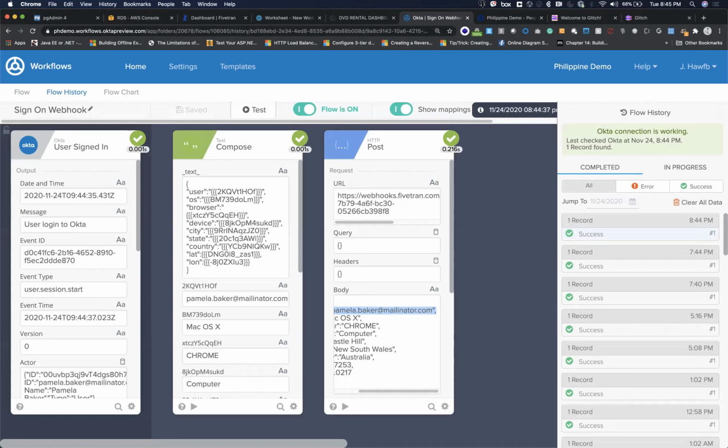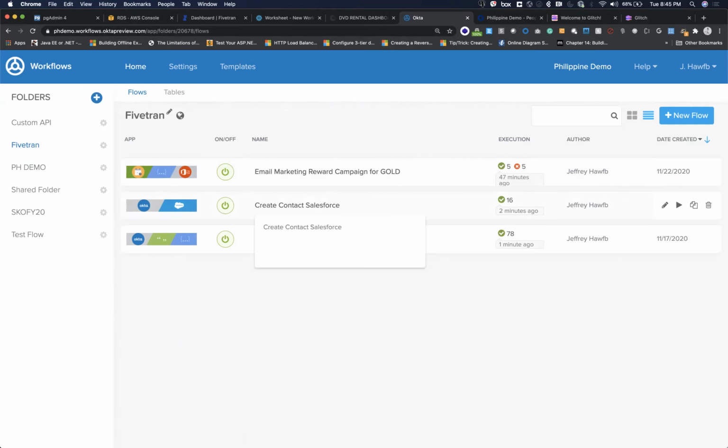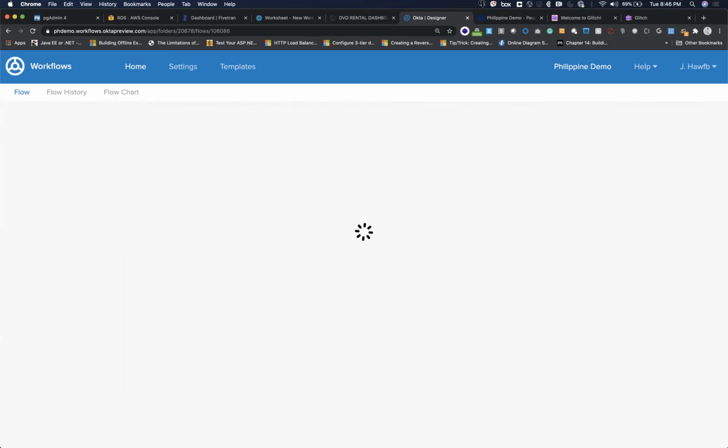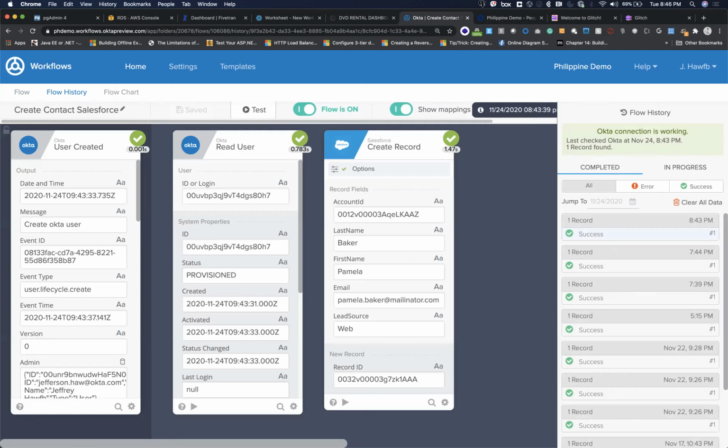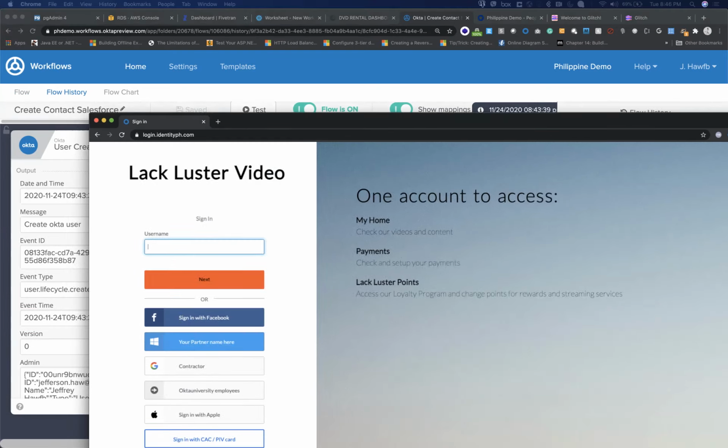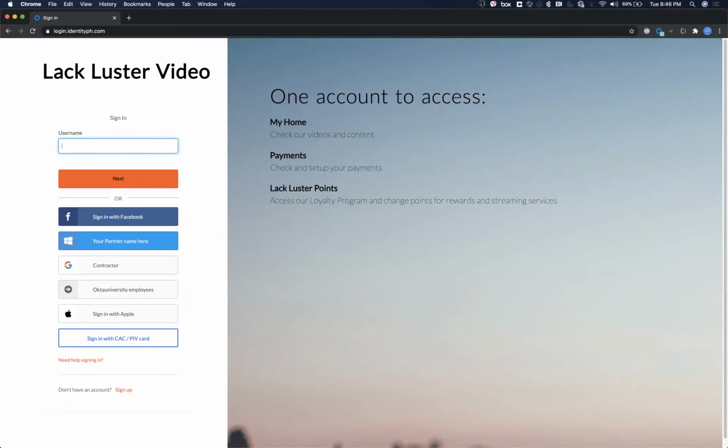Aside from that one, I also created another capability called the create contact workflow, wherein if someone wants to sign up for a free account in Lackluster Video, to trial the service out, that new customer will be created as a contact within Salesforce. So if you want to emulate that, I created another self-hosted sign-in capability provided by Okta,